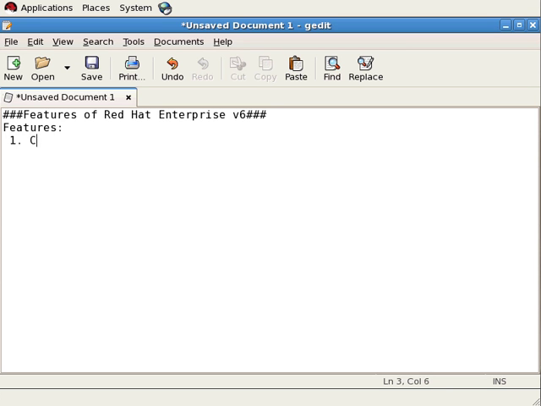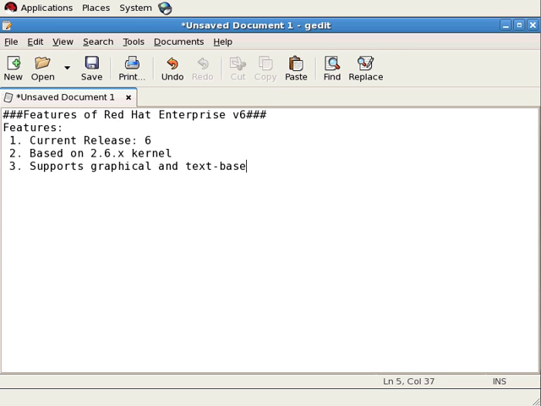So the current release, and this is a major release, is version 6. That goes without saying. And like before, it's still based on the 2.6.x kernel. So that hasn't changed, still 2.6, but a number of new features are included. It supports graphical and text-based installations. We'll be performing both types of installations. The graphical installer provides more options. Let's just note that. So graphical